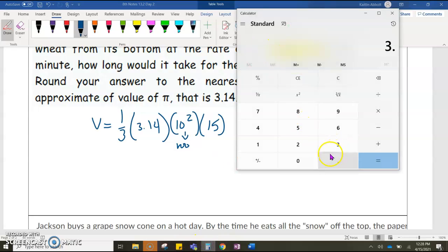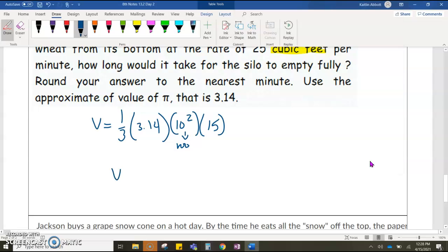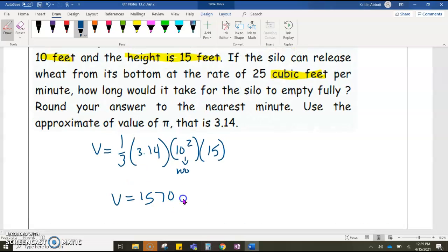So we're going to do 3.14 times 100 times 15. And then we're going to divide all of that by 3. Okay, so we get volume equals 1,570. So this is the volume of the entire silo,